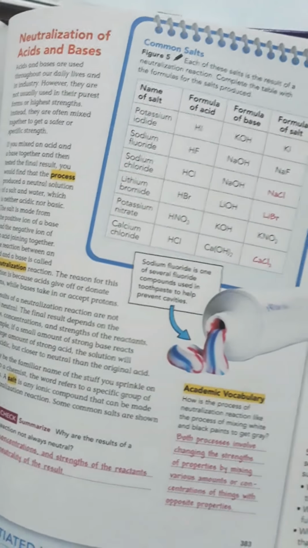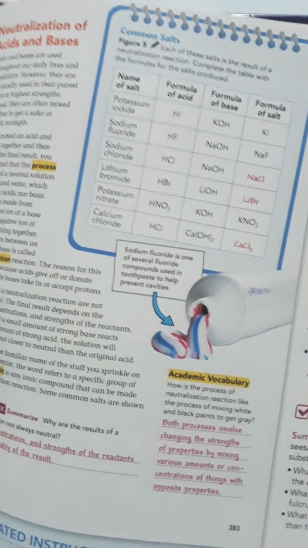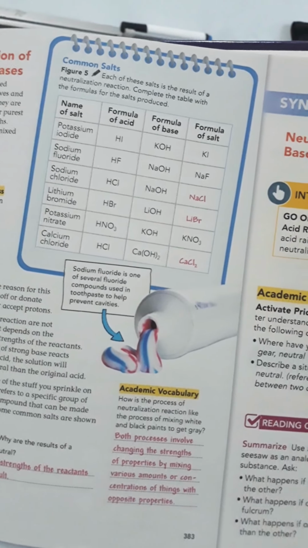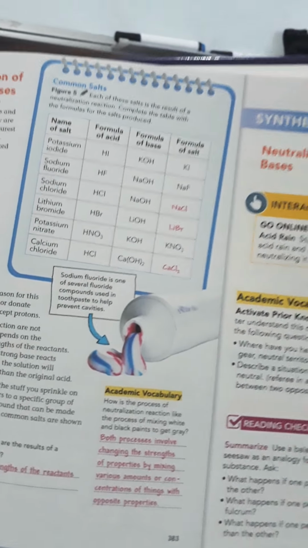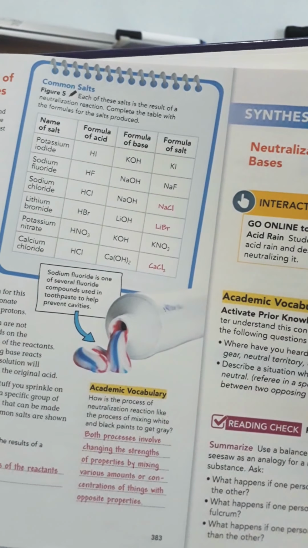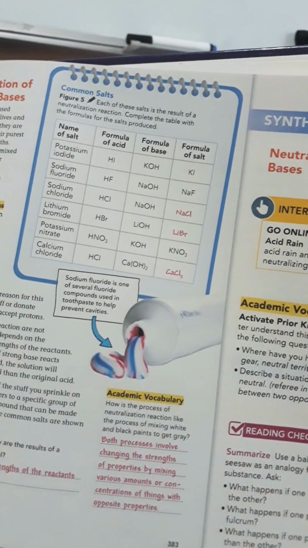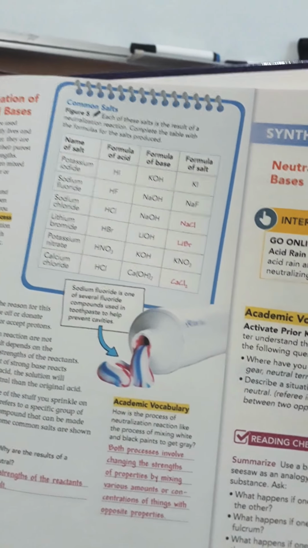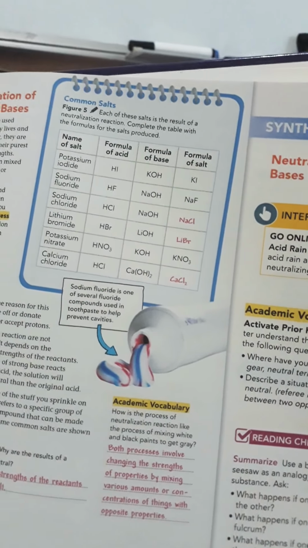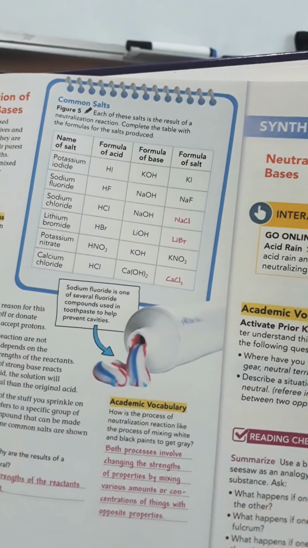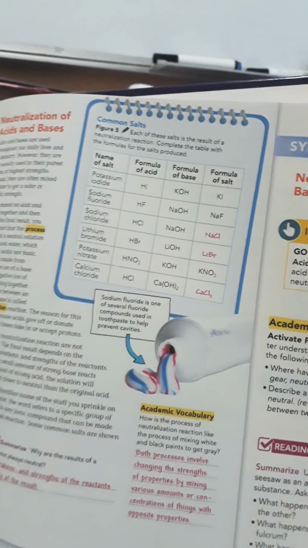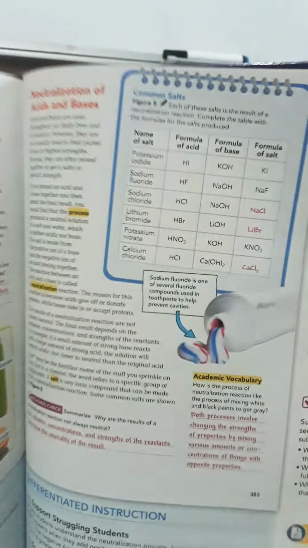Neutralization of acids and bases. Common salts. Okay, so here in the chart, figure 5, we were missing the name of sodium chloride. It's NaCl. Lithium bromide is LiBr. Make sure that you write the letters correctly, lowercase and capital letters. Calcium chloride, CaCl2. As well,